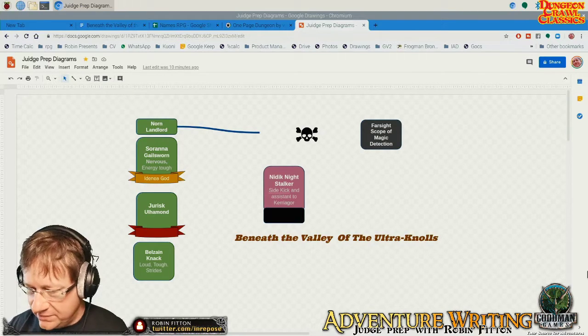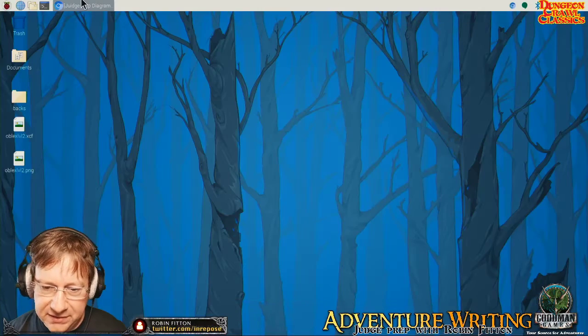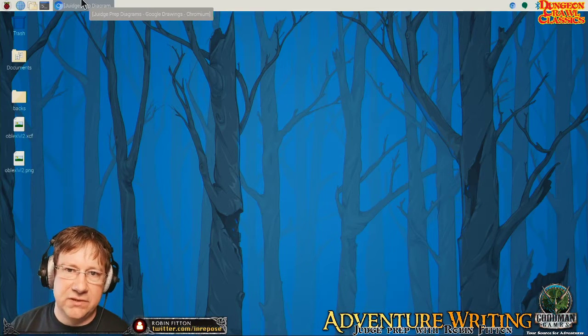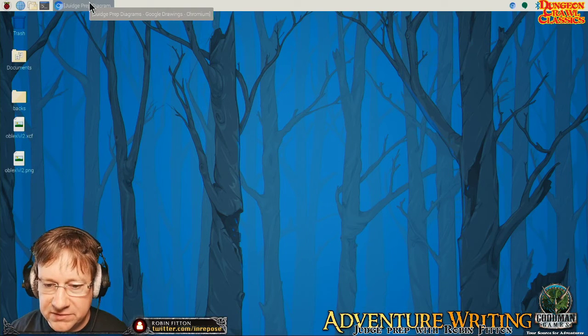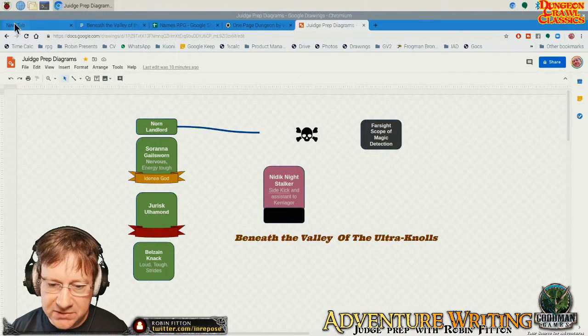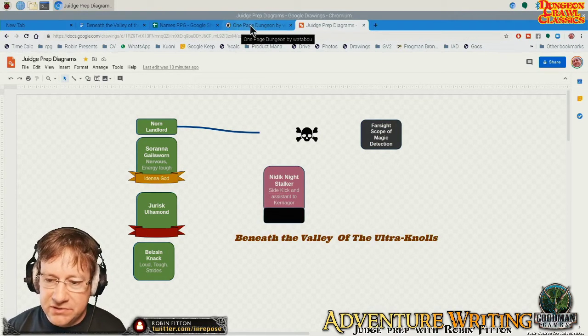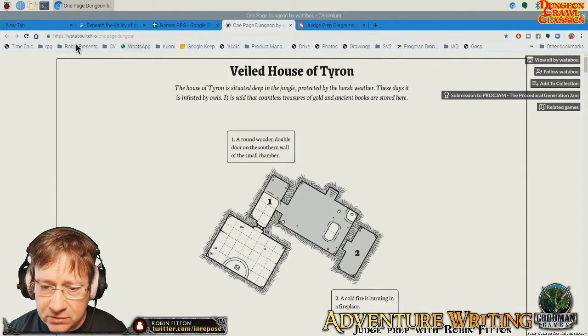So here we have it. This is my desktop on the Raspberry Pi. I'm running a version of Linux on here, which is quite easy to set up on these little Raspberry Pi computers, and it's just convenient for me to use all of my tools in one place. So in terms of the tools for doing the job, I've been using One Page Dungeon